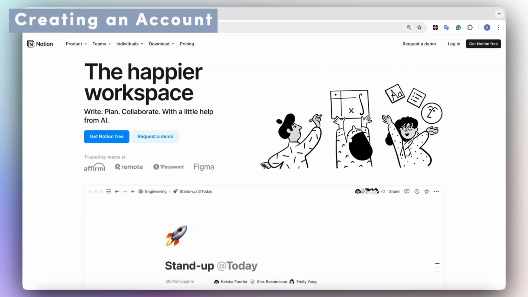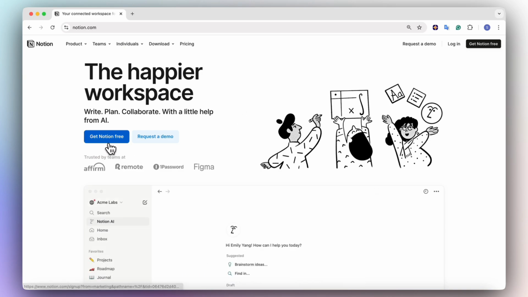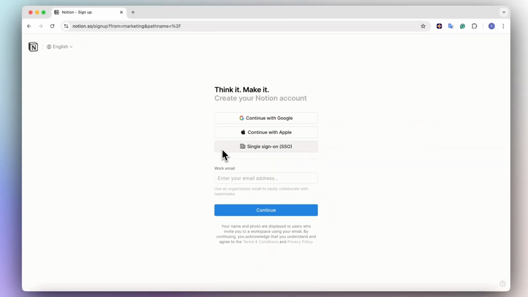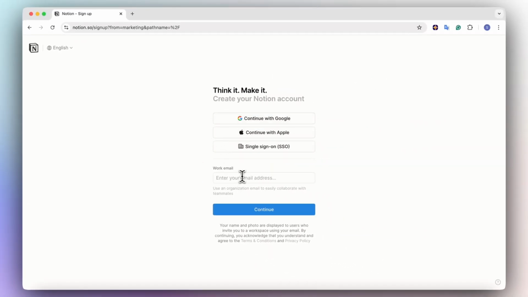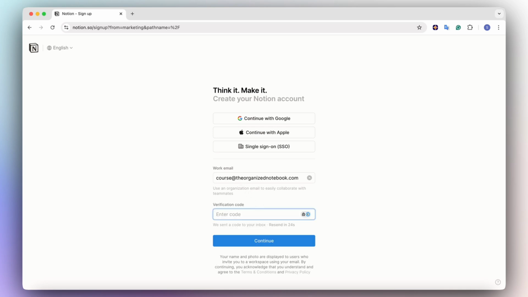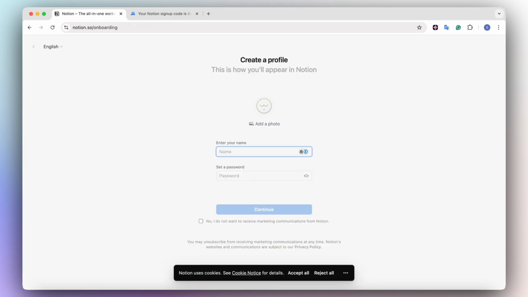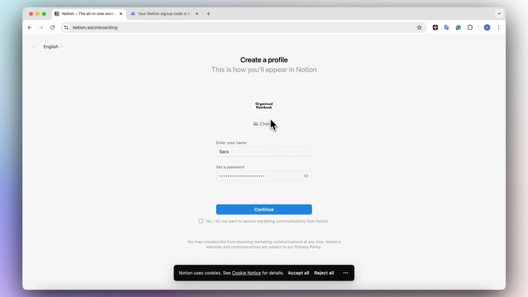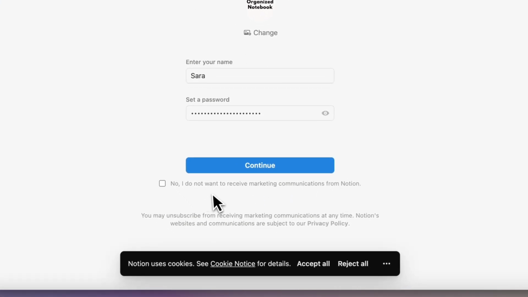The first step to using Notion is to create an account. So you'll want to go to Notion's website and click Get Notion Free. After that, you'll be redirected to a sign-up page where you can use one of these methods to create your account or enter your work email here. Then it's going to ask you to fill in the verification code, and I'm going to go ahead and enter that code. Once I enter that code, it's going to ask for my name, and I can also set a password for my Notion. So now I've added my photo here, my name, and set a password. I can tick this off if I don't want to receive marketing communication from Notion, and then I can click